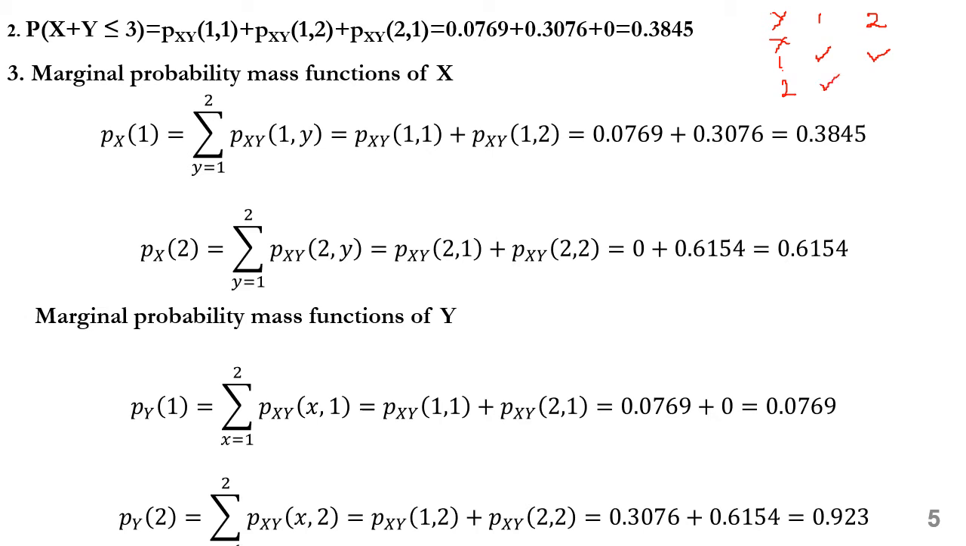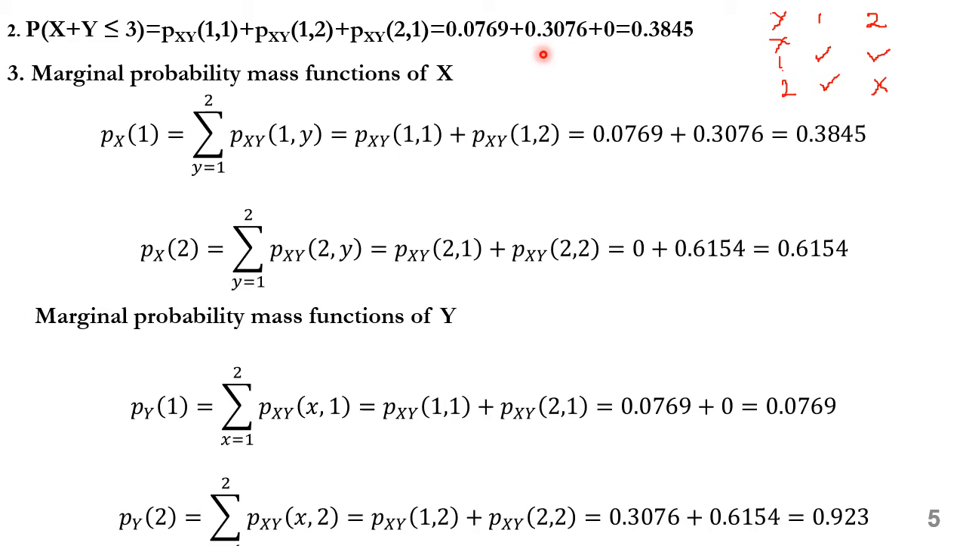So we need to consider this. But this value should not be considered, as 2 plus 2, 4, is greater than 3. So therefore, you can see that the probability of x plus y less than or equal to 3 is the joint probability mass function Pxy of 1, 1 plus Pxy of 1, 2 plus Pxy of 2, 1. That is